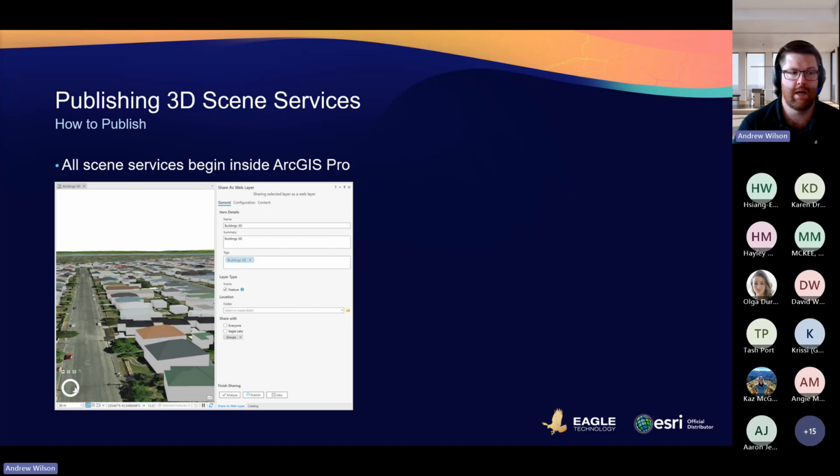And then fundamentally, probably the most common package is creating a scene layer package. So there's a couple of ways you can create scene layer packages as well. So obviously you can create it in ArcGIS Pro, but Esri also have other software that you can create it in, with the likes of ArcGIS Drone2Map. So your imagery data, and you can create the scene layer package within there, as well as ArcGIS CityEngine as well.